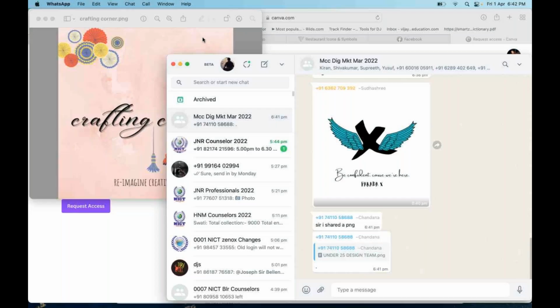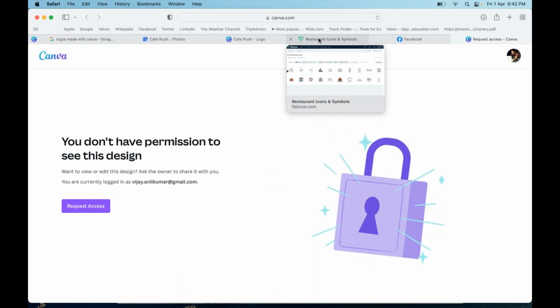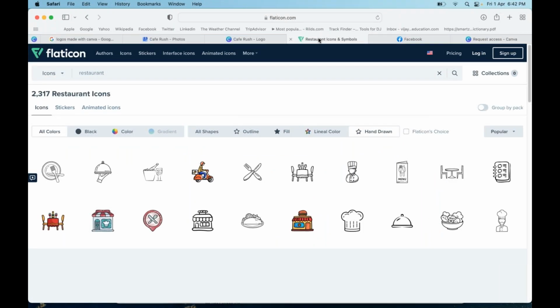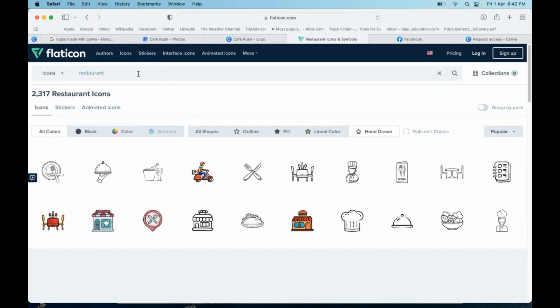Sharing the screen now. Just let me know if it's visible. There's one more site. If you feel you're running short of icons on Canva, you can check this. It's called Flaticon. There you find a lot of icons which you can use for your business design. I've just chosen a restaurant here. So if you like fashion,